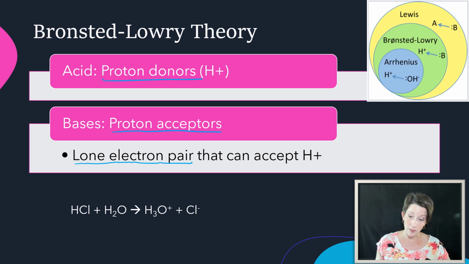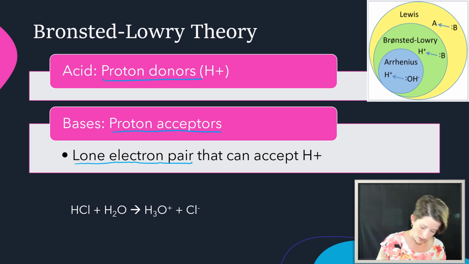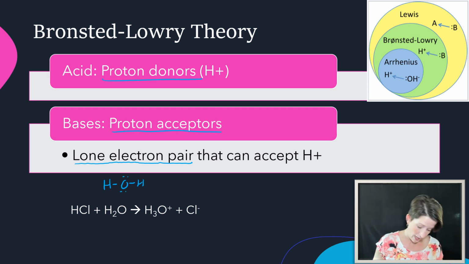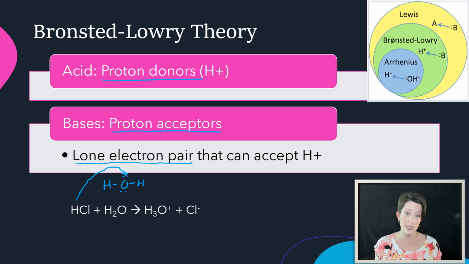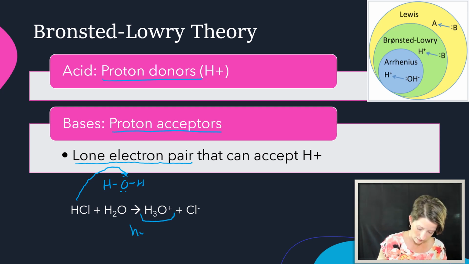Looking at our example below, here we have hydrochloric acid. If we have an acid and it's going to donate a proton, it has to donate it to a base. And it's going to donate it to something that has lone electron pairs. Well, lucky for us, water has those lone electron pairs. So when HCl dissociates into water, that proton gets accepted by one of those lone pairs of electrons on oxygen, and it forms what's called the hydronium